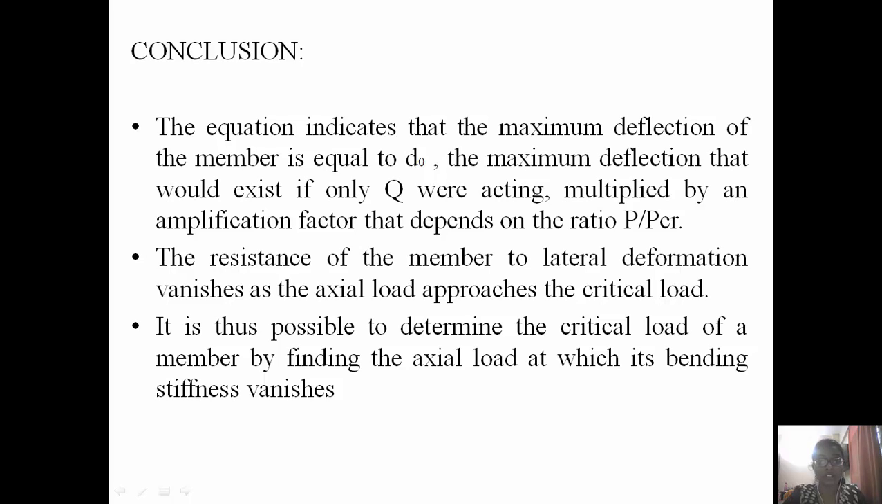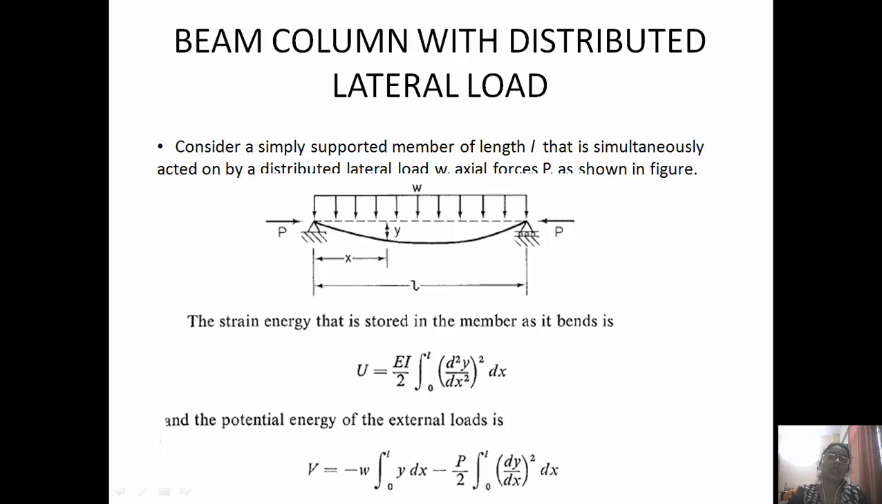The resistance of the member to lateral deformation vanishes as the axial load approaches the critical load. It is thus possible to determine the critical load of a member by finding the axial load at which its bending stiffness vanishes. Now we are going to see the second part, which is the beam column analysis with distributed